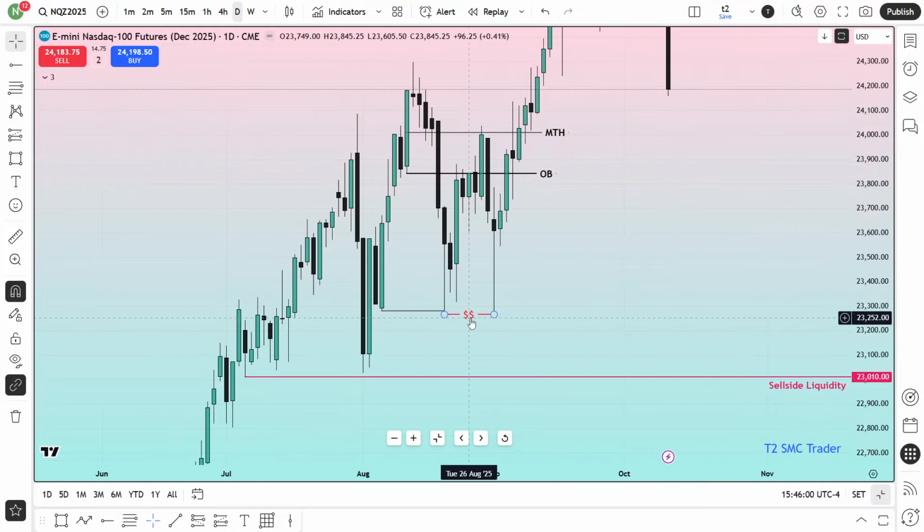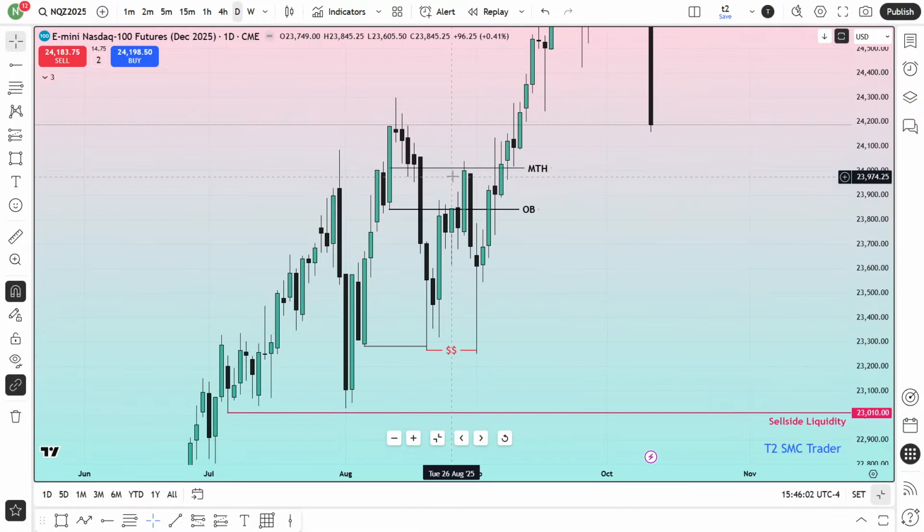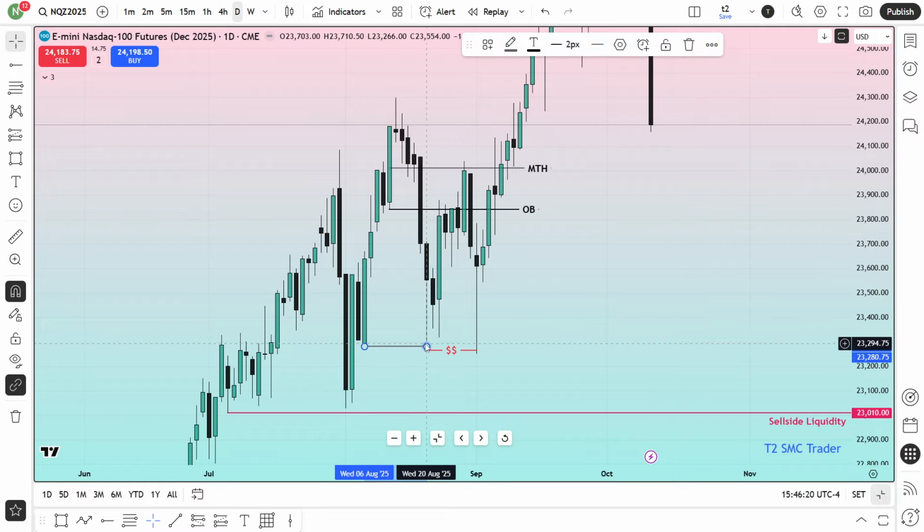Even though the market has cleared that sell side liquidity after reacting from that order block, which is the bearish order block, look one more time at how beautifully it has worked over here. First, it built the order block, then the market fell, validated this order block, came here, made the relatively equal lows or the obvious liquidity. I'm talking about this line. It made the obvious liquidity, went back again to this order block, fell a bit, tapped to this bullish fair value gap. Remember, this is the bullish fair value gap.